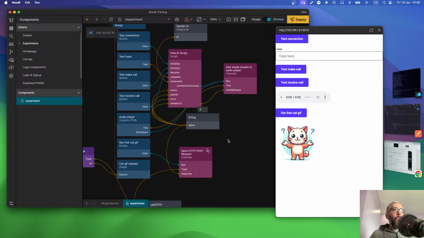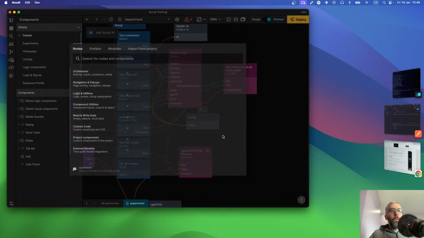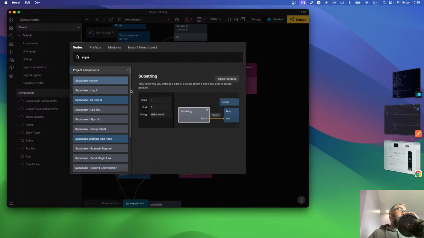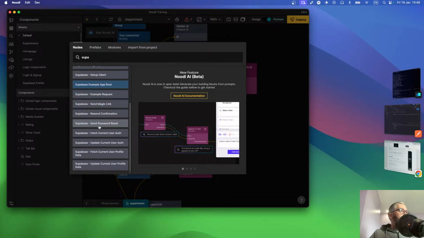But what if you want to make your own backend? So at the moment, I've heard people using Xano. There's a prefab for Xano. People use, what's it called? Supabase, which there's also a prefab in the Noodle library for that. So I think maybe I already have it in here somewhere. Do I? Supabase. No, we can install that to have a look at it. So it's good to have a look at that, and oh, I do have it actually, and remind ourselves of what that does, because